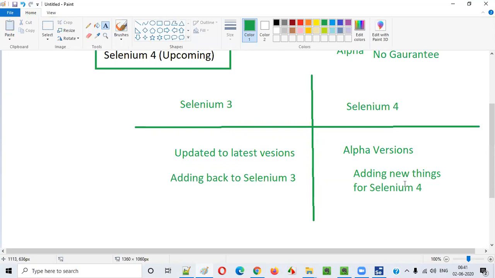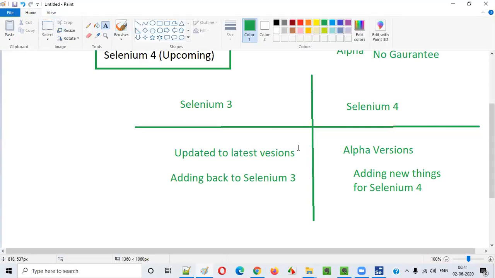Selenium guys are working on Selenium 4 for releasing a major stable version. Selenium 4 has to come, but since it is taking time, whatever new things are there, once they get stable, they are just adding them to the older version, that is Selenium 3. Okay, in the older Selenium 3 version, they are adding these new features. So, guys, did you understand what's happening now, how the Selenium guys are working with the versions of Selenium 3 and Selenium 4? Can anyone say what's happening now? Just to see where you are, whether you understood what I explained or not. Anyone?